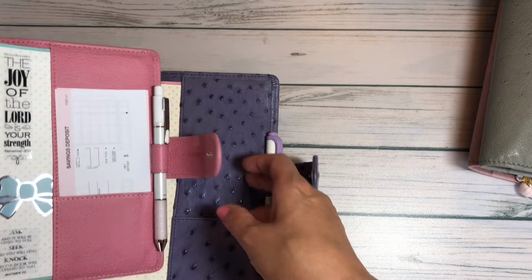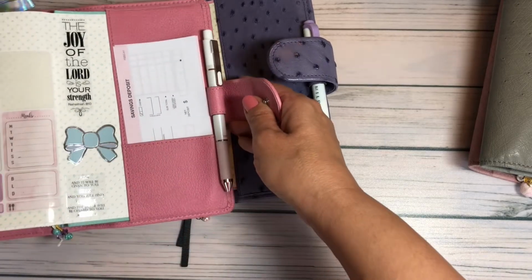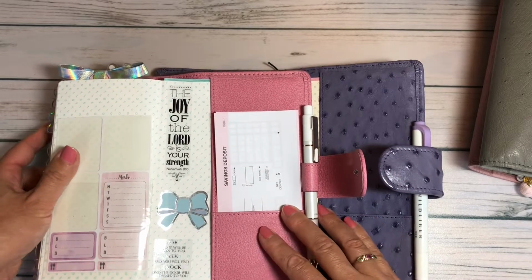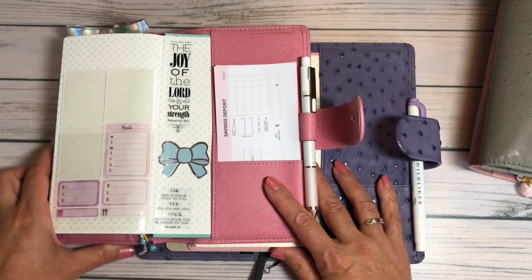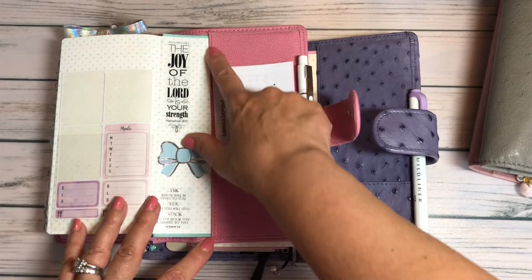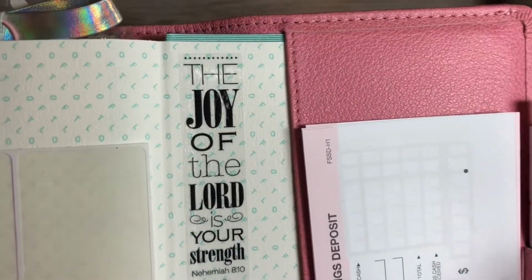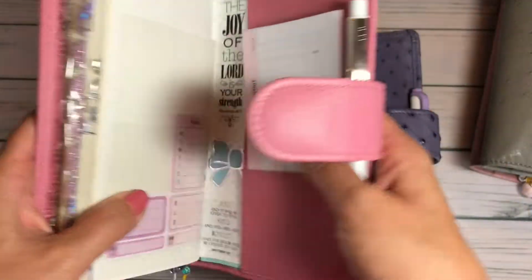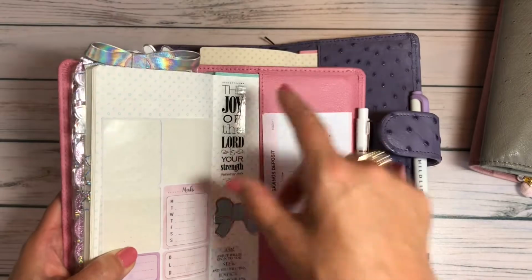So let me show you, because I get a lot of questions about this. How do I do this so that you guys can kind of see both of them? How about that? Okay, so you can kind of see where the Hobonichi book falls. Let me get this up here and here in the regular standard lineup. Okay, so let's look really close. So it fits. It's a nice snug fit, but it does slide in and out fairly easily, but